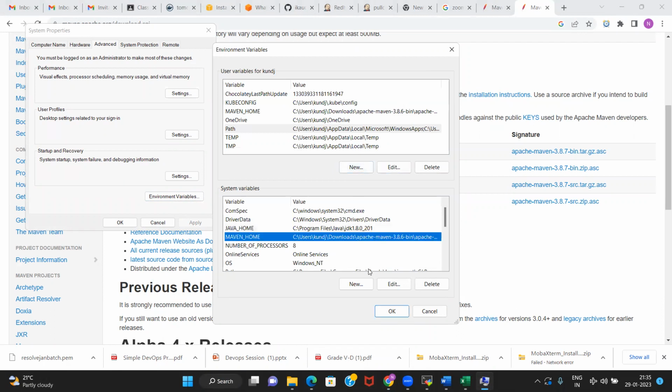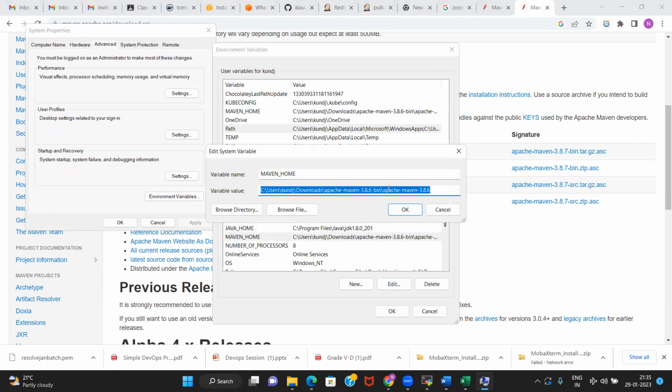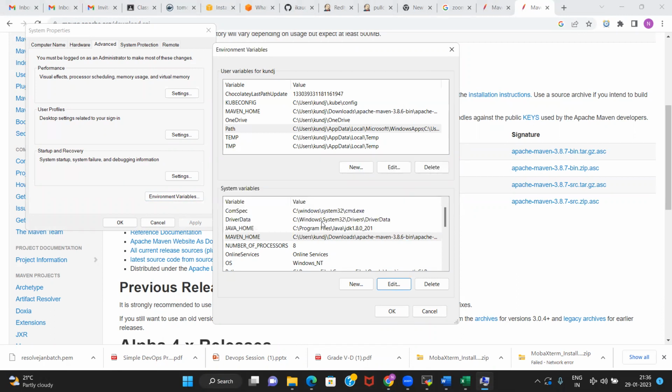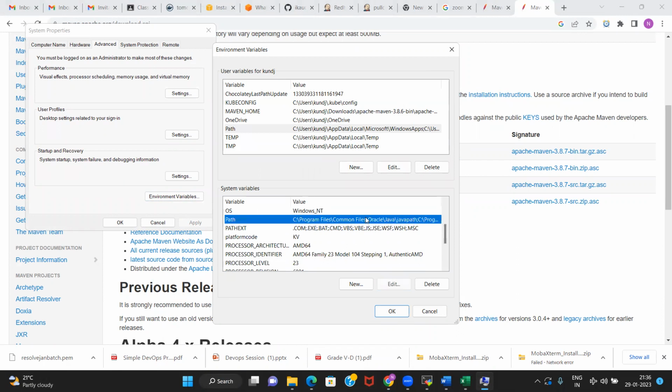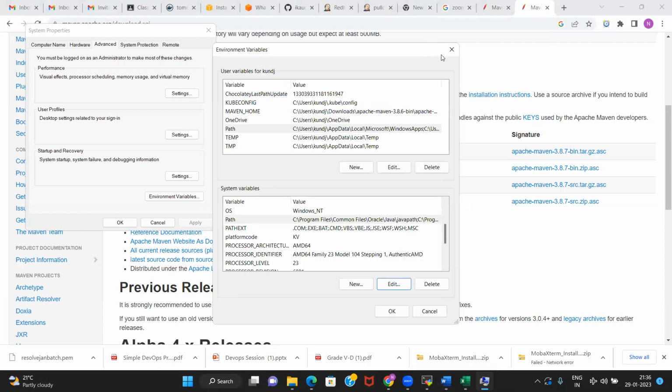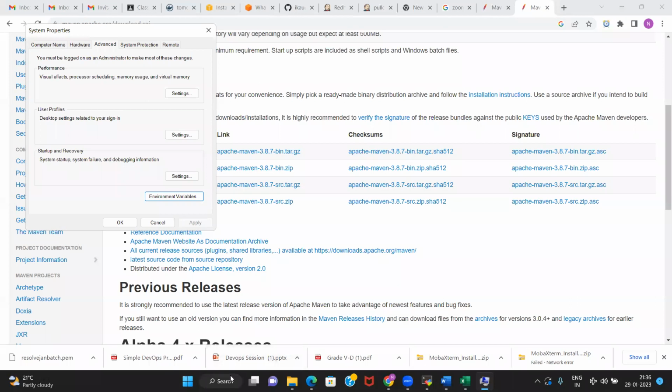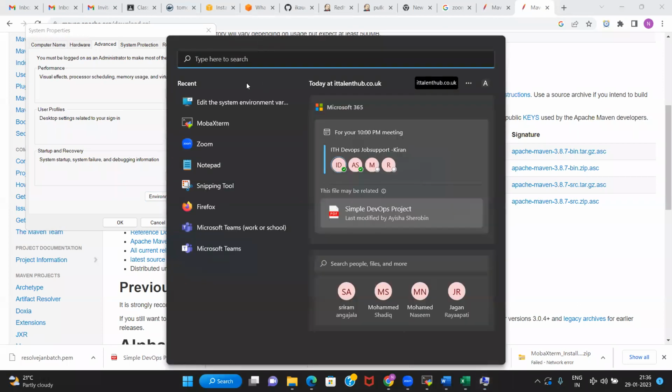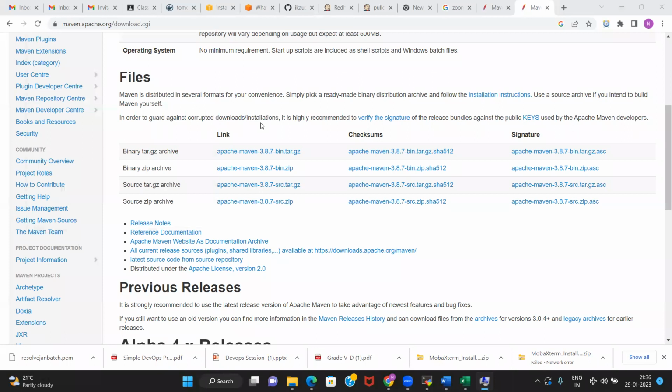You see, like I have done for Maven, and there is also a path variable you can edit, and you see different entries where the specific application is. You can just go there and look for system environment.